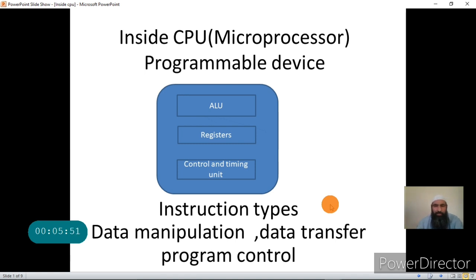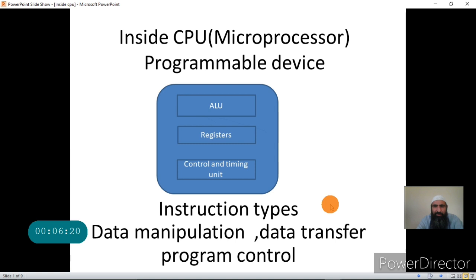Let us now understand the three components that are associated with the processor. I'll be mostly focusing on first two components, that is ALU and registers. With regards to control and timing unit, I will say little at this stage because you are not in a position to understand that.